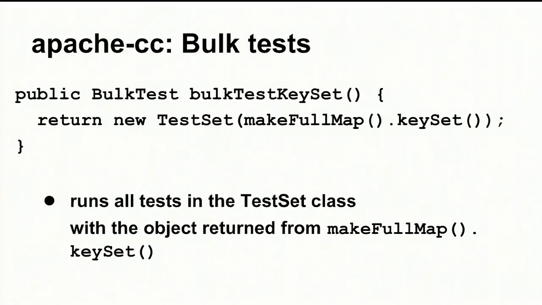Apache Commons Collections, like I said before, was weird in the sense that it had a disproportionate number of test cases compared to the number of test methods that we have. It has this notion of bulk tests. What's going on here is that you can run a predefined set of tests: you give it a test object, and it runs all these tests on this test object.